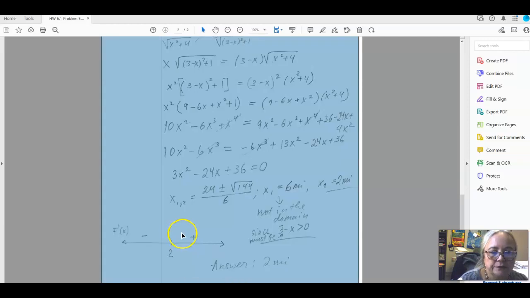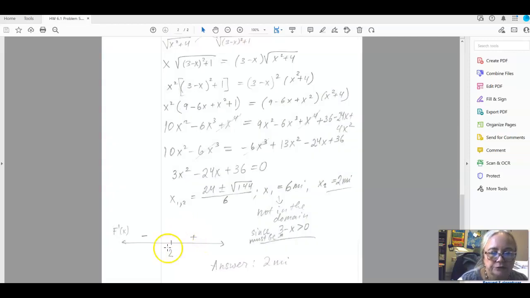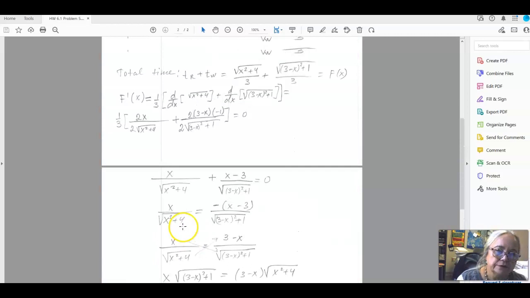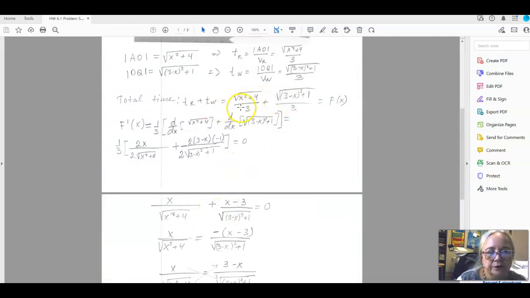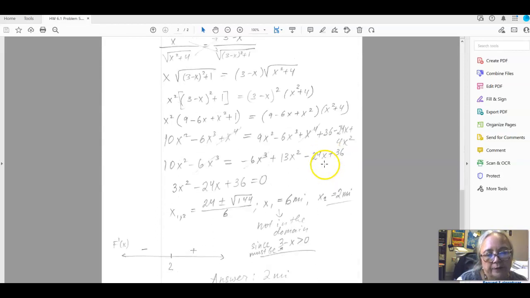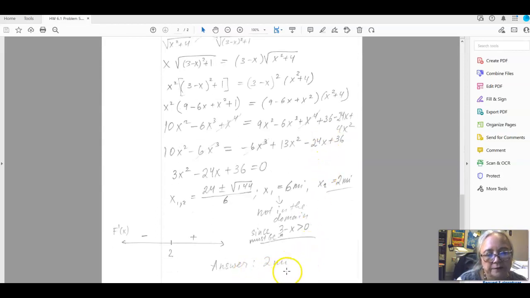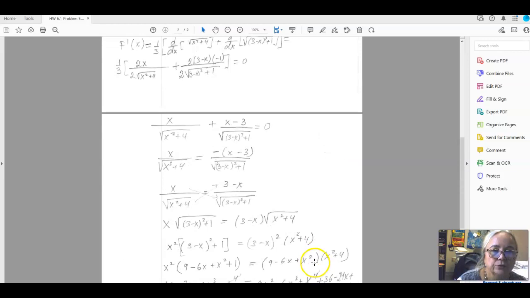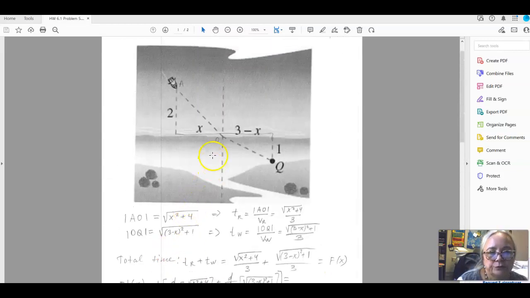So that means that at x equals 2, the function f of x, which is our total time, has a minimum. So to answer the question, x is 2 miles. So the boat needs to be here if the man wants to have the shortest time. I hope it was helpful, and